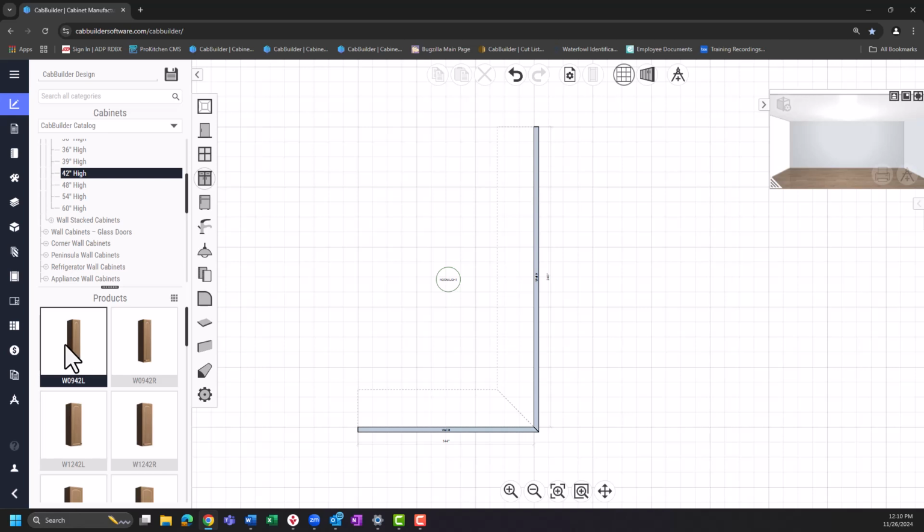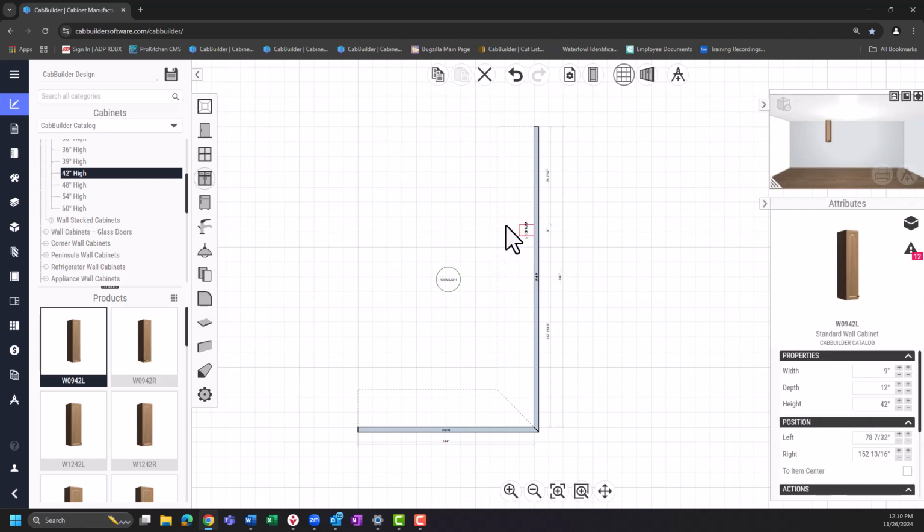We're going to drop in a basic W9, which stands for wall 9-inch cabinet, 42 high, left side hinge. Once we have this cabinet in here, you can see it's highlighted in red. You'll see in the rendering at the top right, you can see a preview there. You can drag it around to relocate it, as well as use the positioning here to locate it within that